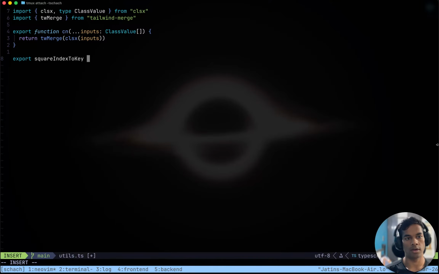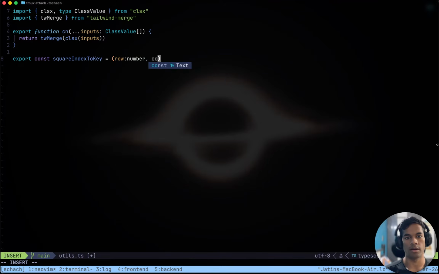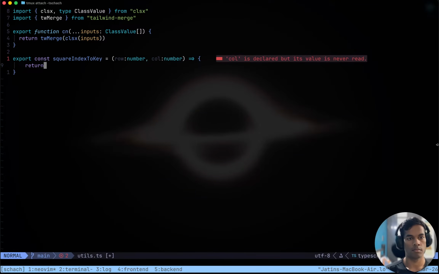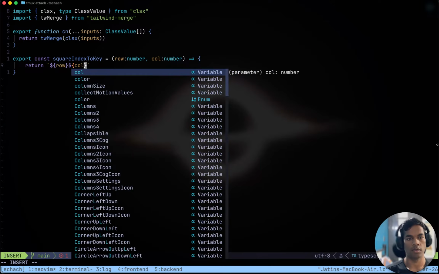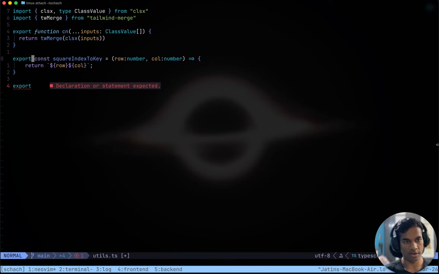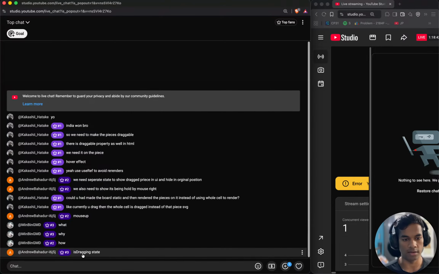Yes, square index to key equals, this takes in two numbers, row which is number and column which is also a number, and return row and column. And why am I defining this one line function? Because if I ever change this in the future, I do not have to change it in multiple places.